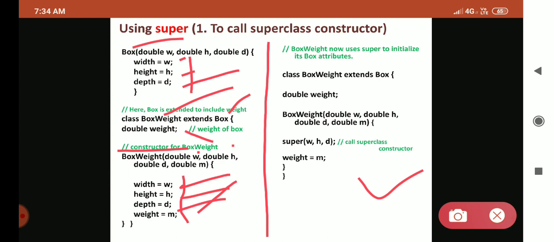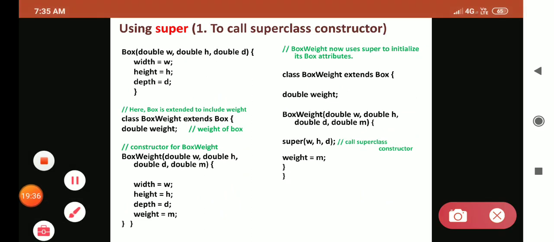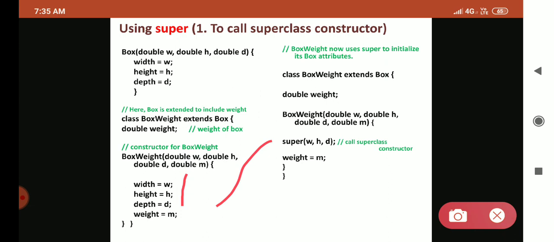Now here, BoxWeight extends Box, and we have taken double weight, that is weight as one extra parameter. Now here we have the BoxWeight constructor which takes four parameters, similar to this. This is the same. If you observe, instead of these three lines, we have simply written super inside brackets, w, h, d,